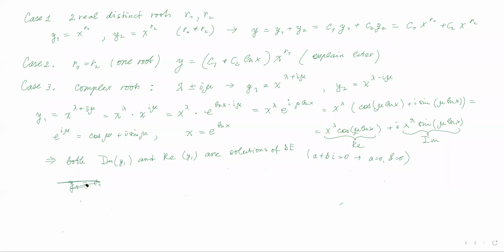Why should I do this? Why should I copy everything 3 times in a row? I'm going to write down y equals c1 x to the power of lambda cosine of mu ln of x plus c2 x to the power of lambda sine of mu ln of x. Somewhere here, I want to point out that this is x. Now this is my solution y1 and this is my solution y2. They both are real, so the final answer is going to be a real solution.